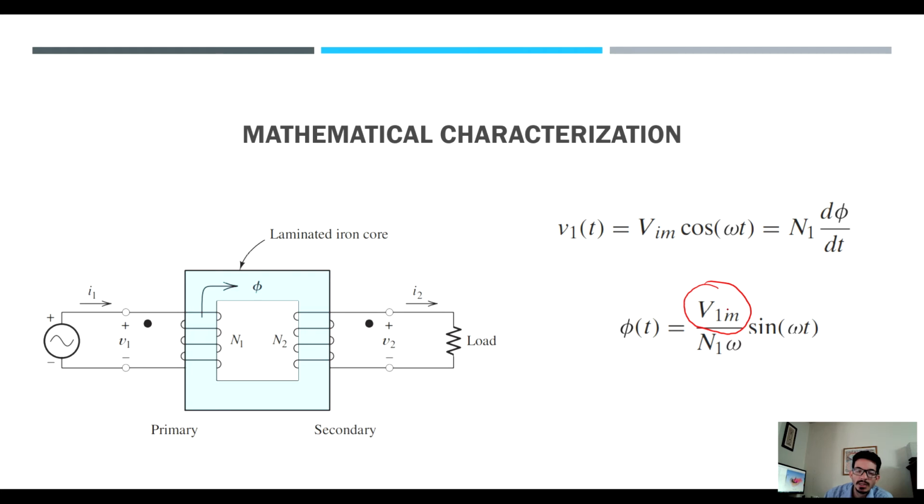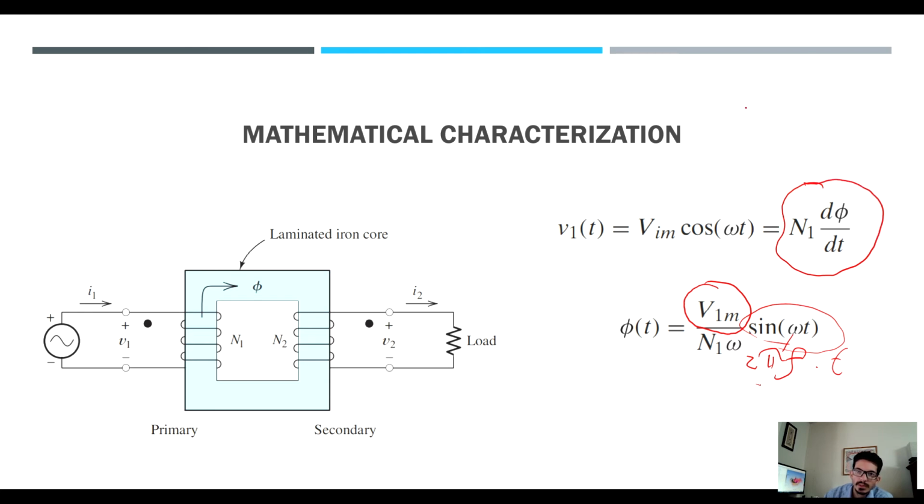This is the magnitude of the voltage coming into the first winding, divided by the number of turns on the primary core times sine of omega t. So remember, omega is 2 pi frequency times the time. So if you want to find the magnetic field in 60 seconds, or if you want to find it in 5 hours. We saw before that this expression